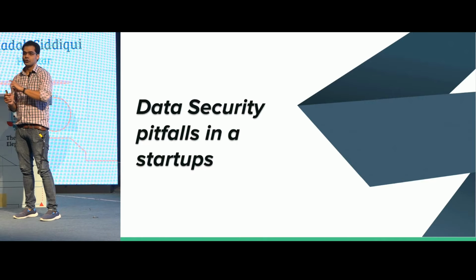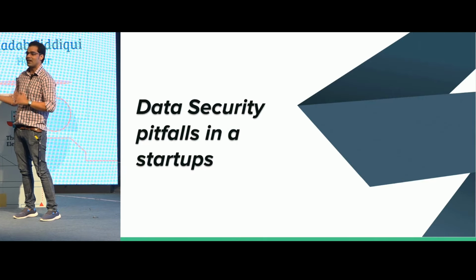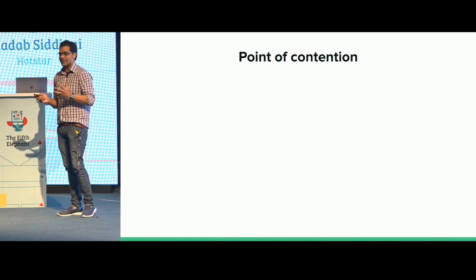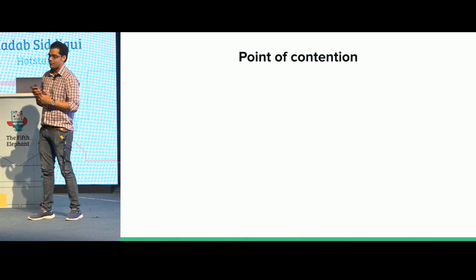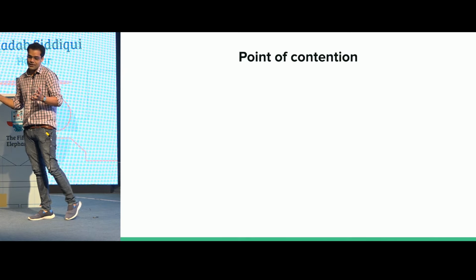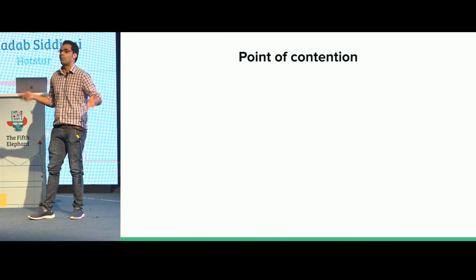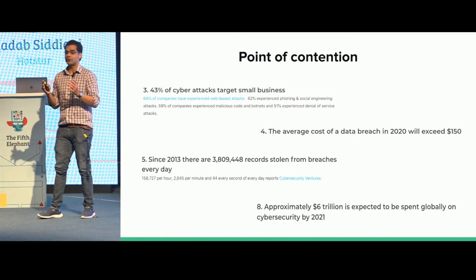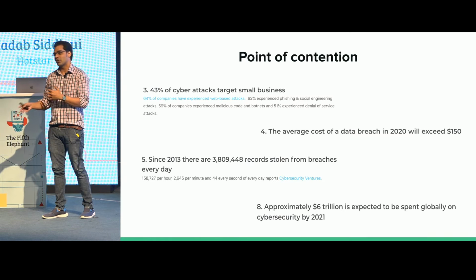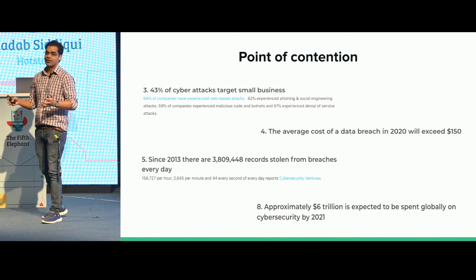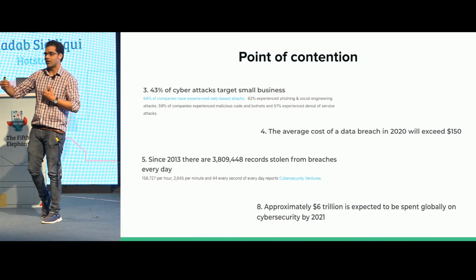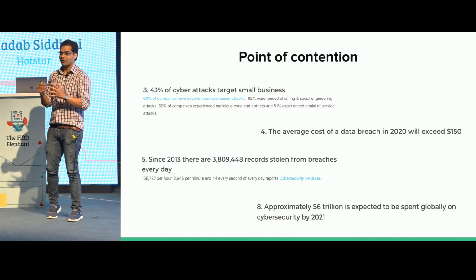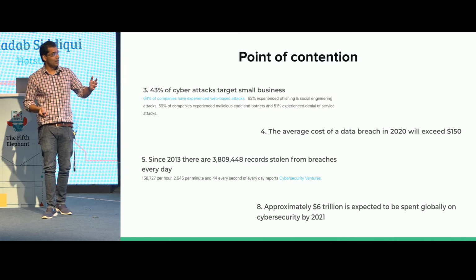Just a quick, like 2 slides, of why it's a failure in a startup. One big reason is the point of contention: hey, I'm a small startup, I have probably 50 engineers, can we do it when we grow big? The answer to that is 43% of attacks happen on small corporations because everyone knows you're a soft target. You won't have done anything much. So from a founder perspective or the CTO perspective, hey, let's figure security out when we grow big, but then you're the soft target as well, right?